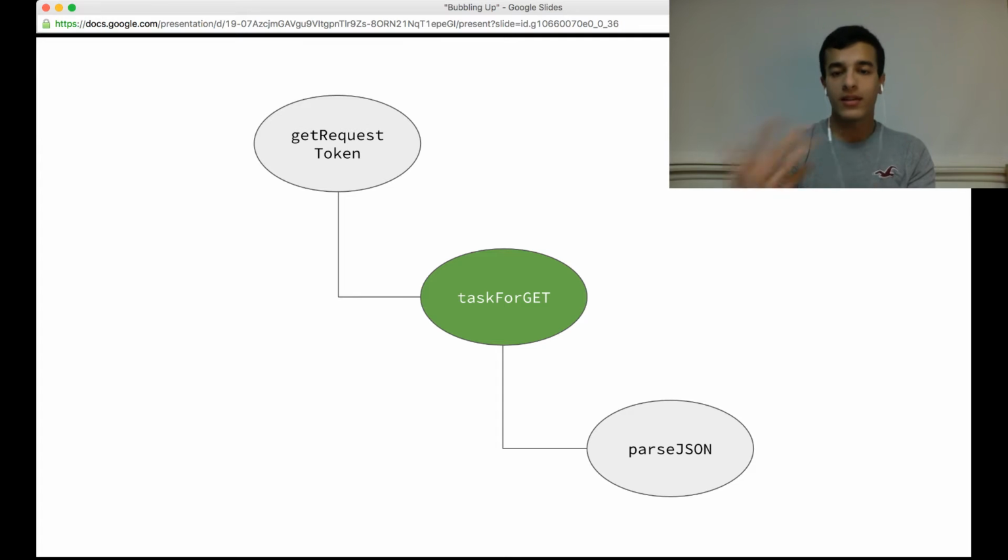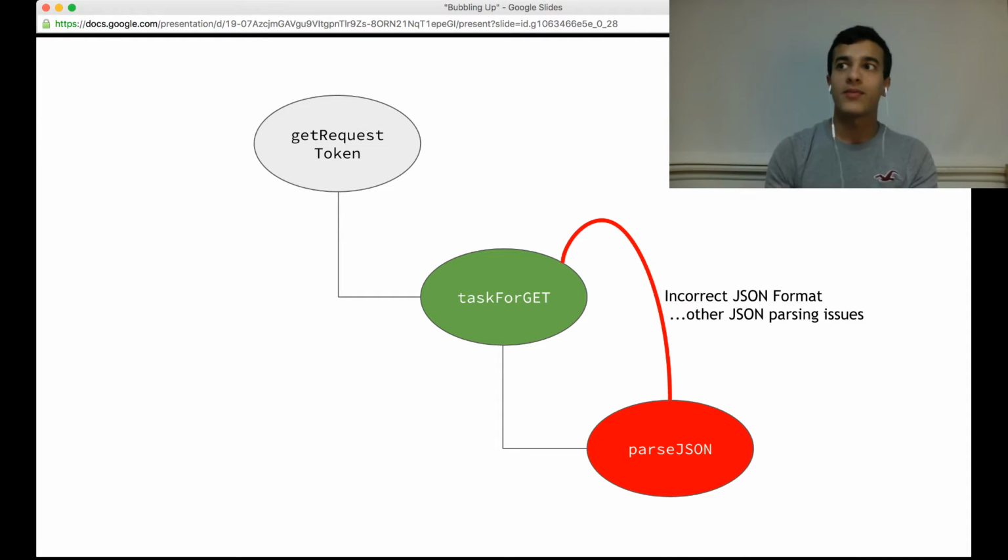However, when we don't have an internet problem and we actually get data from the server, then we're calling parseJSON. And so with parseJSON, we can have more problems. So we can have problems such as the JSON format might be incorrect. And while the likelihood of these errors is very low, these can still be problems. And so what happens then